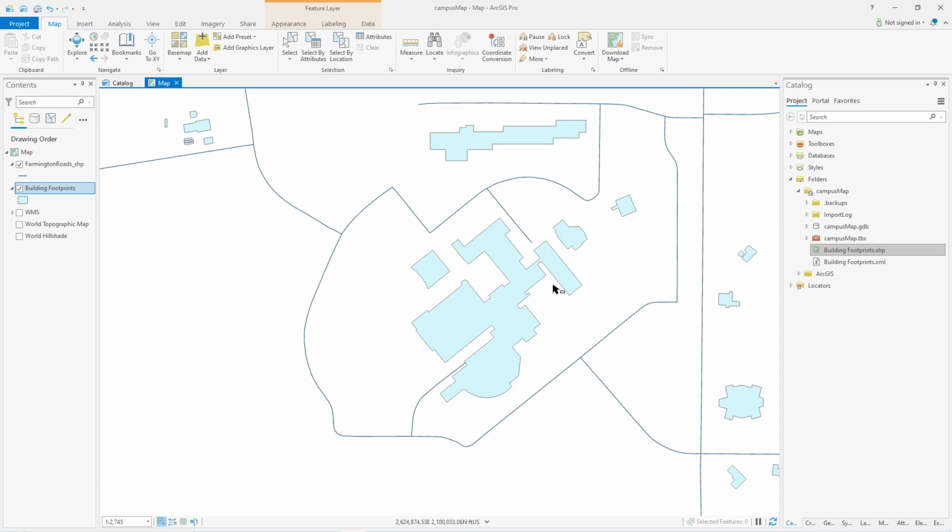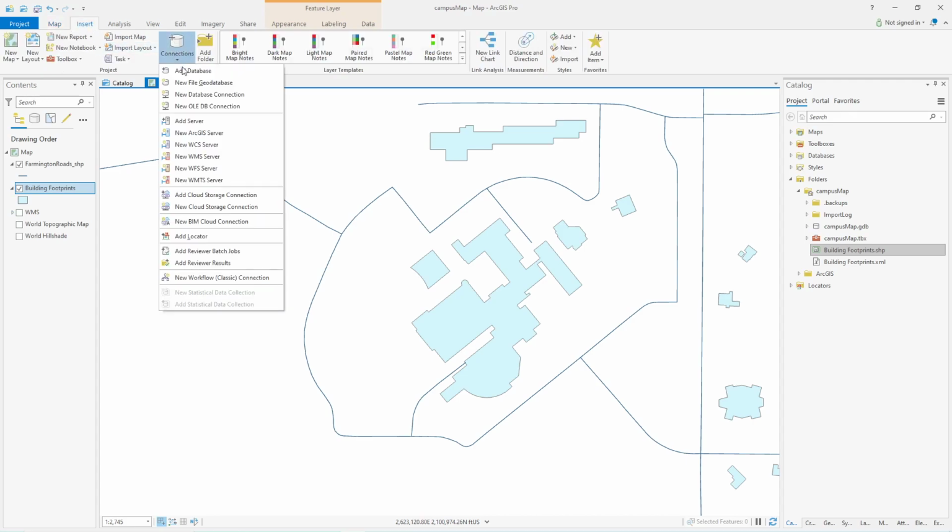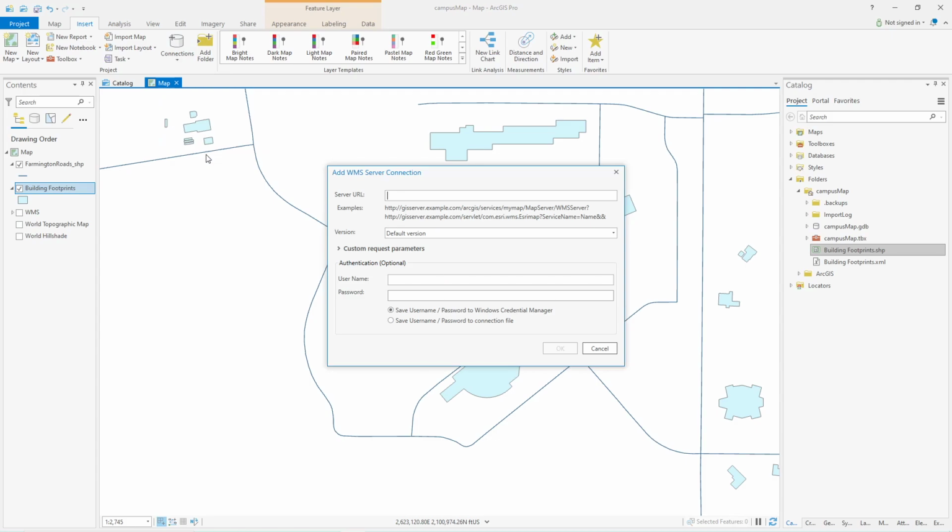But how do I know where they are? I need some imagery. We've added our imagery layer. If you don't remember how to do that, I'll do that real quick. If you go to Insert and Connections and a WMS server, we can insert the URL from the county's website, which happens to be